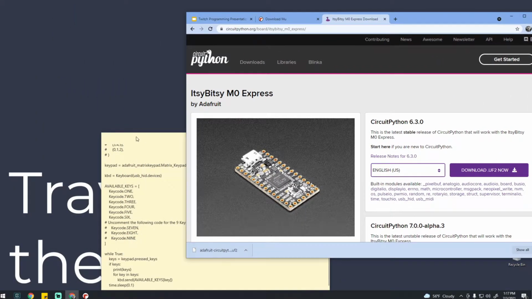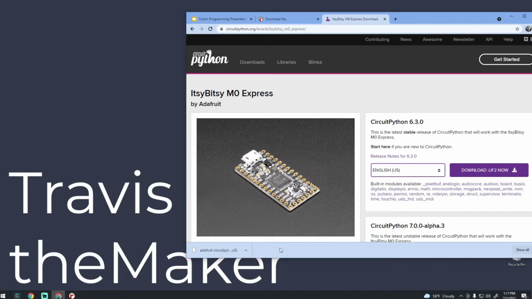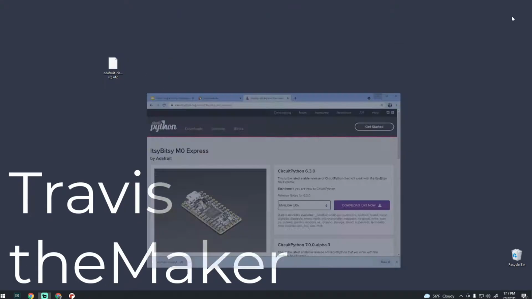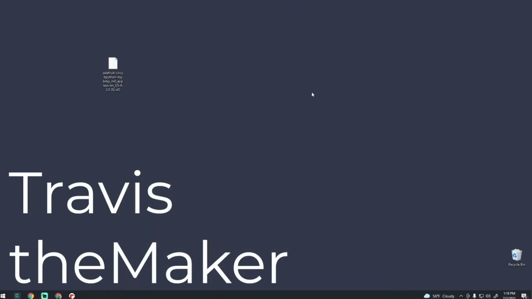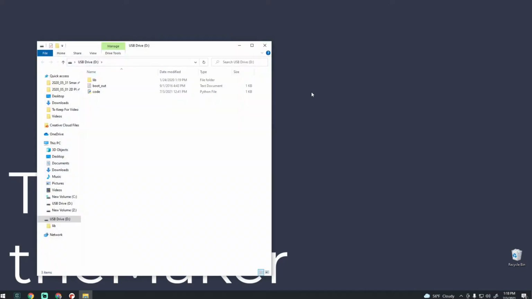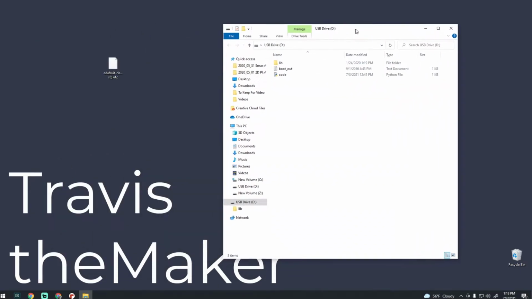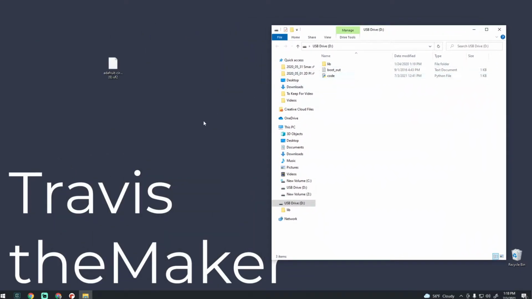And I'm going to close out of my notes. Drag this to the desktop. And then I'm going to go ahead and plug in the microcontroller. Depending on your computer, you might see a folder pop up. So this is my folder popping up. I've already been playing around with the Itsy Bitsy, so you're probably going to see something different here when you plug it in for the first time, but that's okay. Now that it's plugged in, if you look on your Itsy Bitsy,